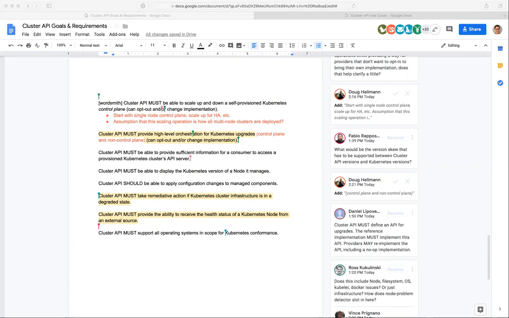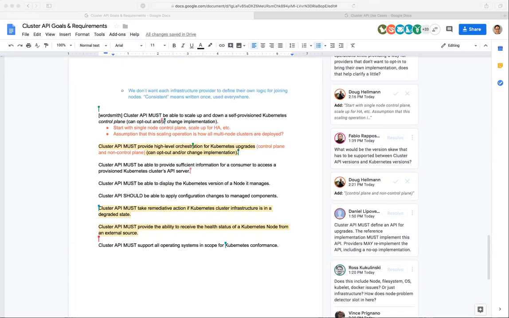So I think it is something that we need to consider, but I don't know if we need to consider it at this point, because that goes into the implementation details of how we implement the configuration and the bootstrapping. You might want to make a generic catch-all, which would be like cluster API must allow customization for foo. Seems reasonable.